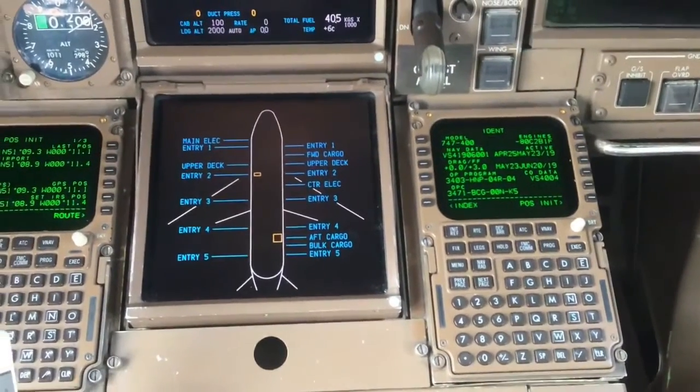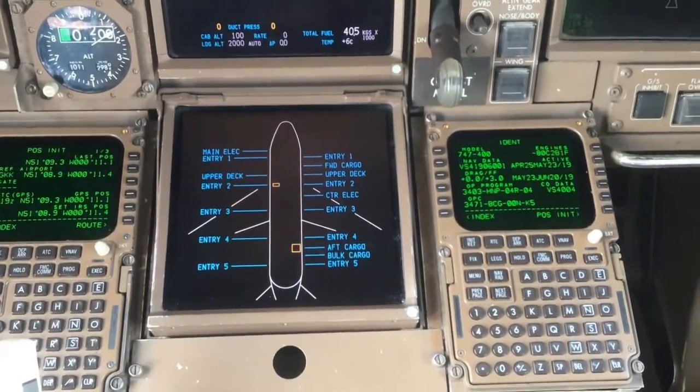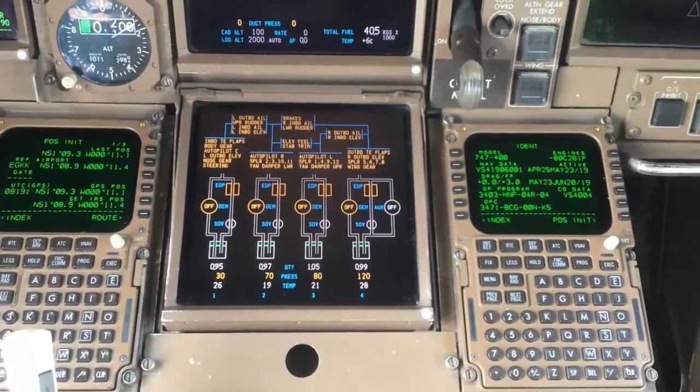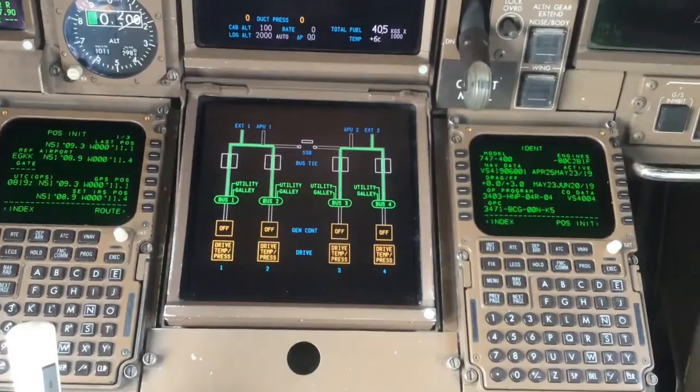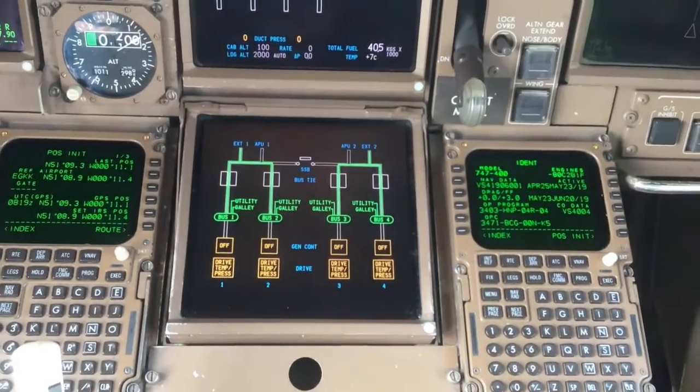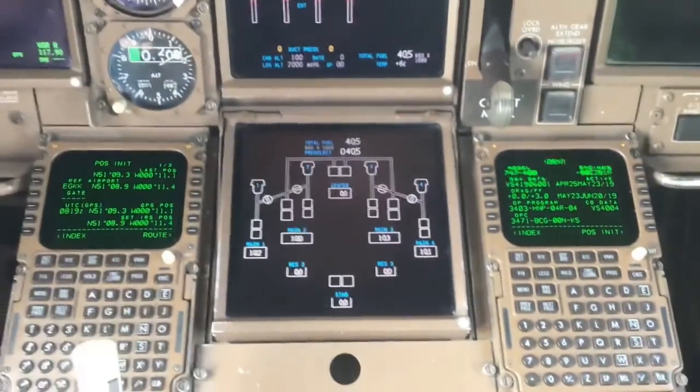Amber indication means the door is open and unlocked. Hydraulic systems and what the various systems feed, pressures, temps, electrical generation system, fuel page,